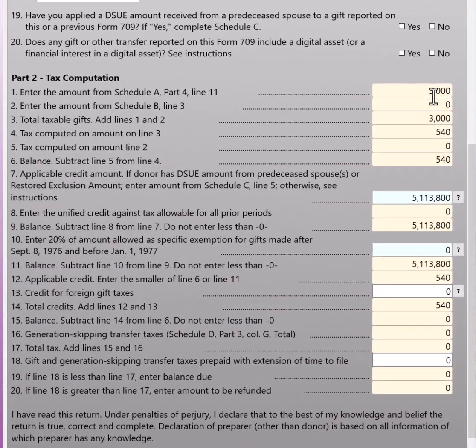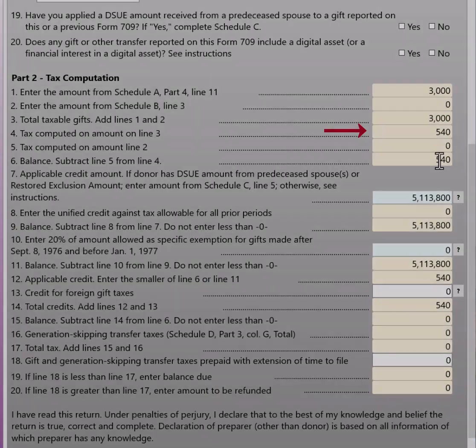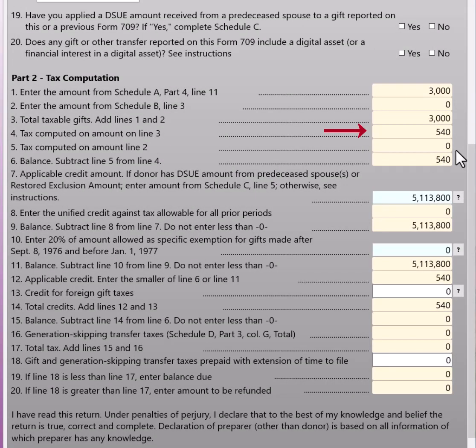Okay, there's that $3,000 overage. Looks like it's getting taxed. Oh, yeah, there it is. The tax on it is $540. So this automatically all went in based on the information you put in page 2, right? Yep, on Schedule A, there was just that one gift of $20,000. That's all I put in, and this automatically filled out. It has actually filled out everything on its own. I didn't even realize that. I didn't have to do anything.